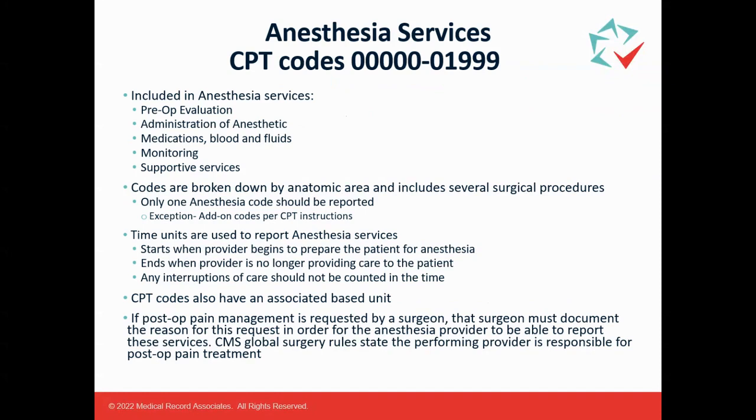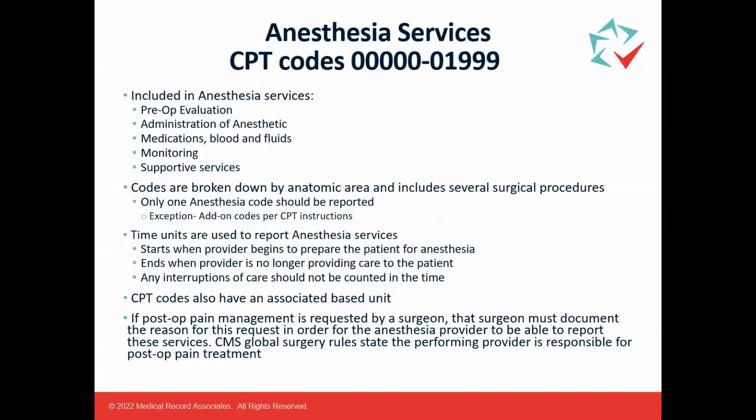So CPT codes 00000 through 01999 are the anesthesia services category. And so from here, the rest of the presentation, we're going through each chapter. And these are really just the high-level overview of each chapter. The anesthesia chapter, for instance, includes many examples of services that may and may not be reported in addition to